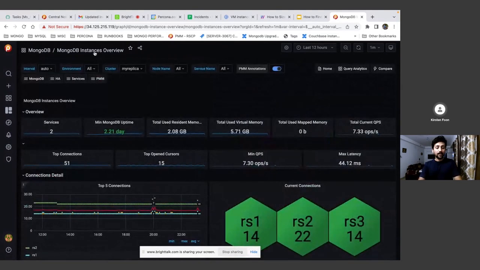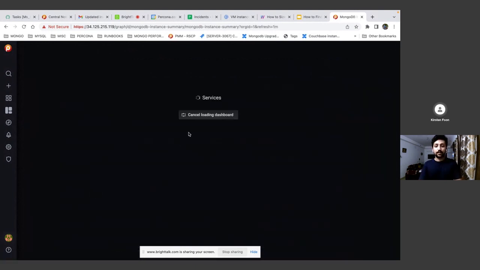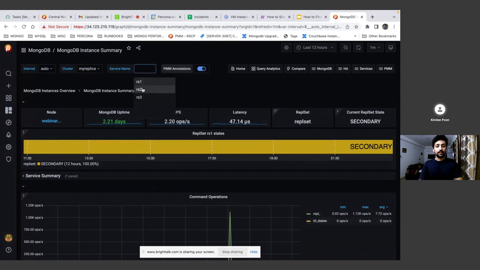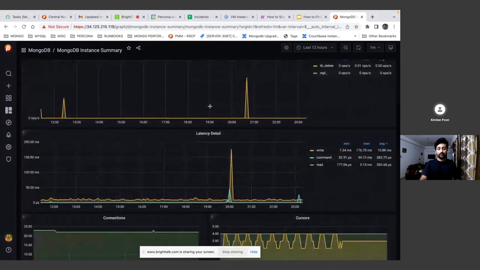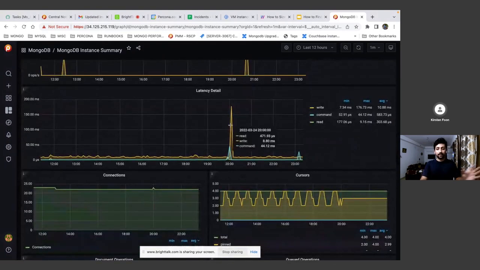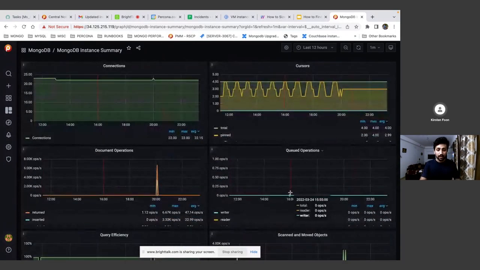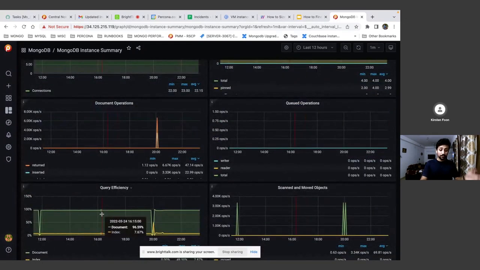And last but not the least, which I personally feel is the most important, is the instance summary. Okay, so as you can see, let me select the node first. I've selected the primary because most of the traffic I've generated is on the primary itself. So as you can see, the latencies, which particular operation has how much latency, how many cursors, how many connections, right? How many document operations, queued operations, all those things, you can get an idea from here of what exactly is happening, and the query efficiency, which is also important,